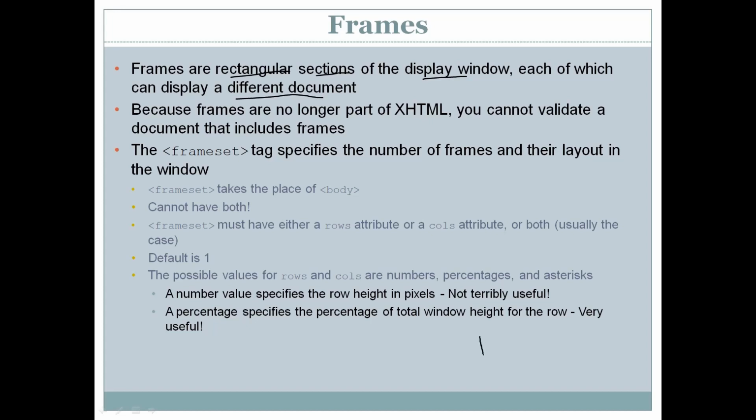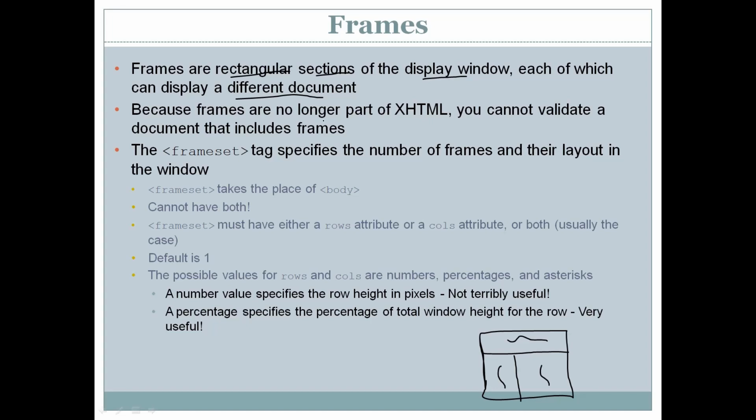For example, if I have a display window or a browser window like this, generally in this window we display a single HTML page, but you can create sections in it like this. Now I have created 3 sections. This is the first one, second one, third one. Each of these may have a different HTML document. Here the first HTML, there the second, and here the third HTML, and this can be created by using frames.